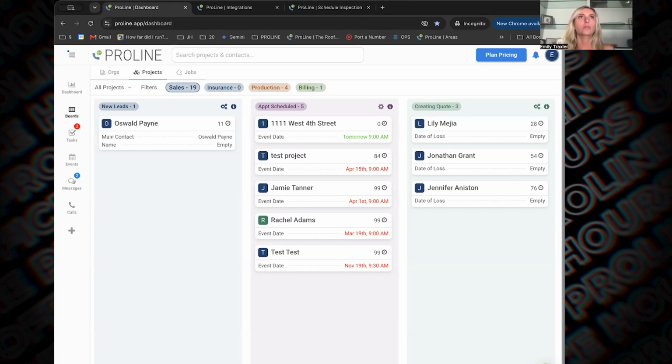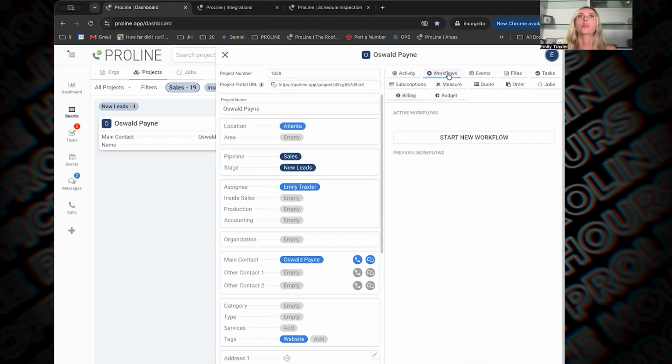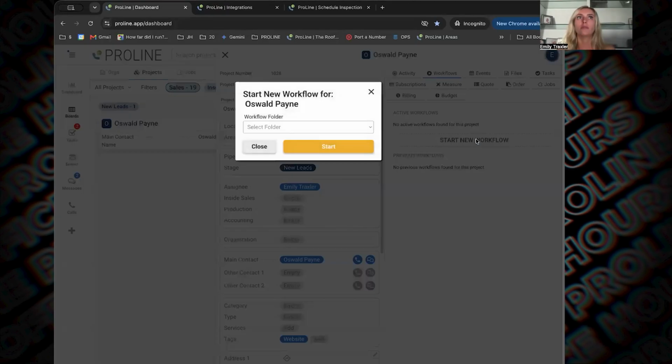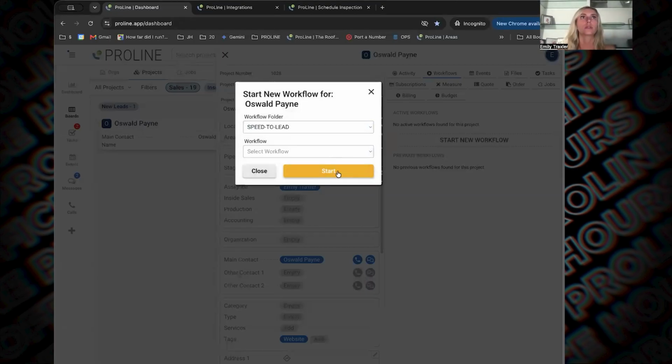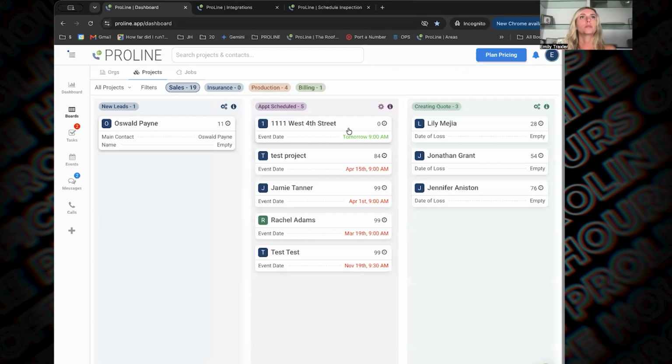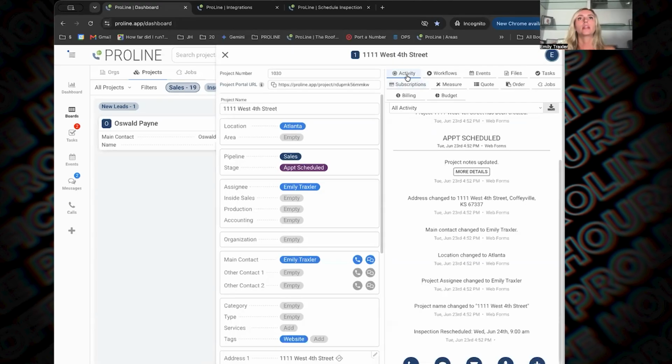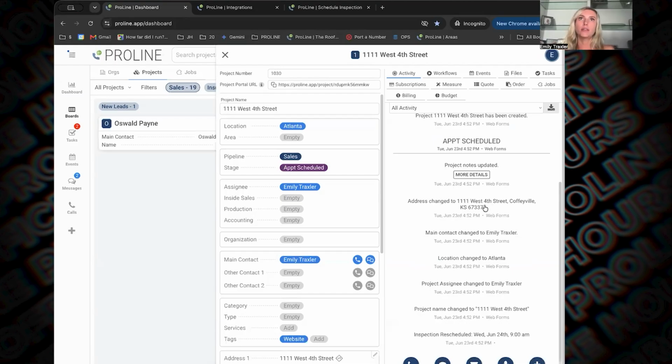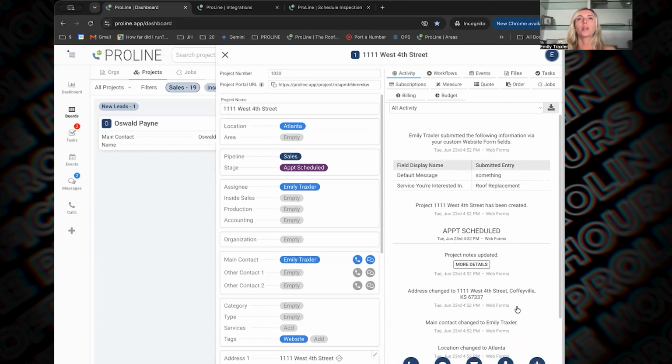Let's look at this new lead here. You can open an activity tab and start new workflows or see what's already running. So we could start speed to lead on one where it's not already running. I'm going to open up this one that we just submitted and take a look at the activity tab. It shows you here what all we've collected so far, the address, main contact, etc. Right here in the activity tab at the very top, it also shows the default message and the services that